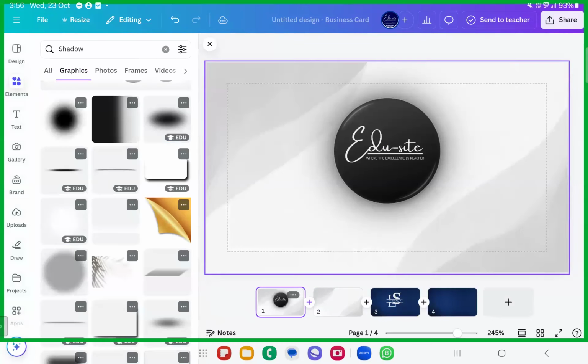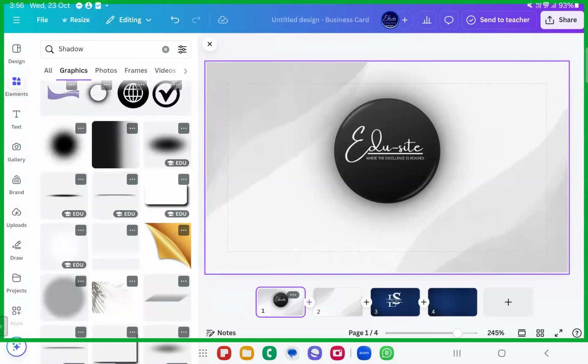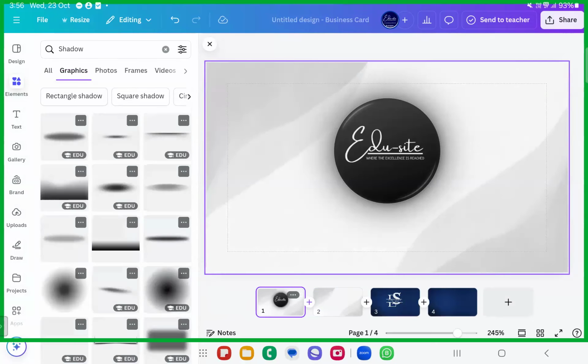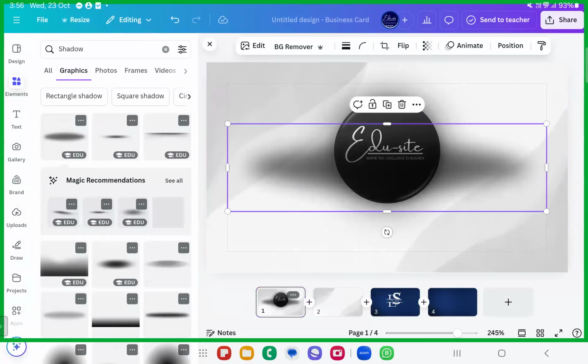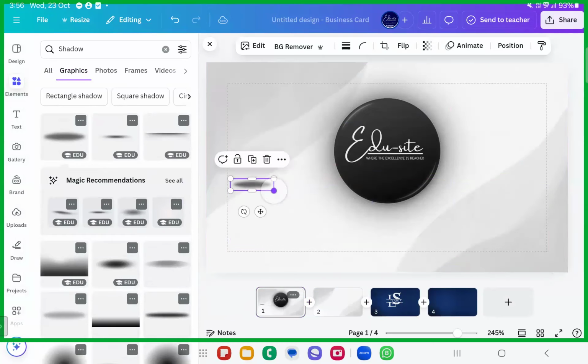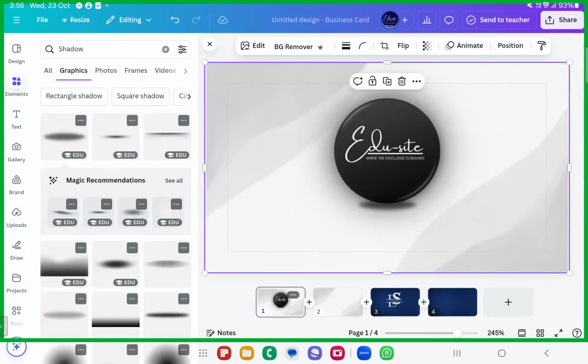So this way you can have your own beautiful business cards produced with your own logos. And see here how beautifully this logo is placed. Hopefully you understood how to make sure you are doing this. And more things like this, dear sisters and brothers. You can even add a drop shadow to that, when it's like it's standing on this platform. If you want you can just give it a drop shadow. See here, it looks more classier.